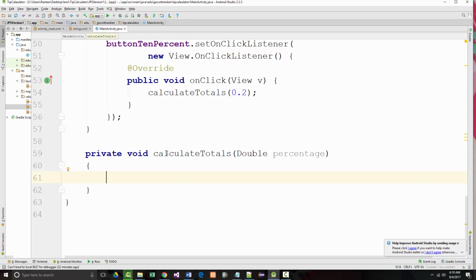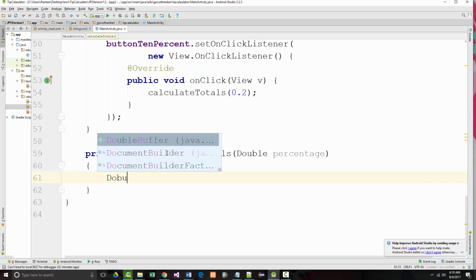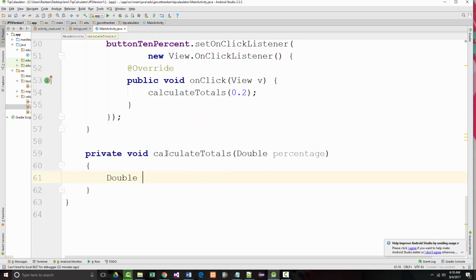All right, so I'm going to put in here double tip, and we'll set that equal to 0.0. All right, another double, total, we'll set that equal to 0.0. All right. Now we'll say tip equals